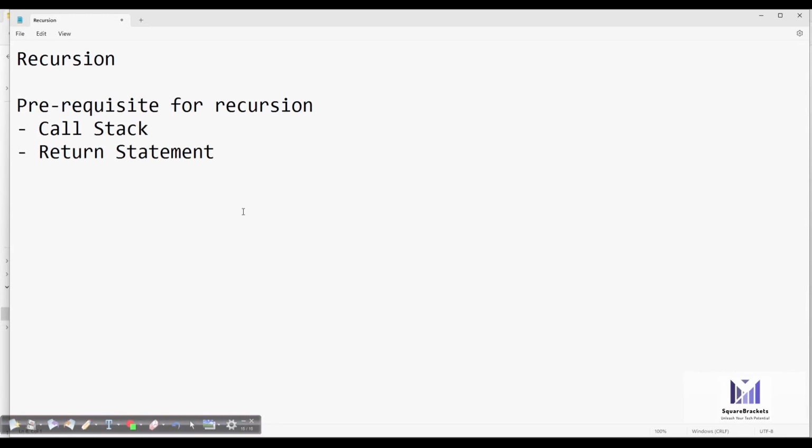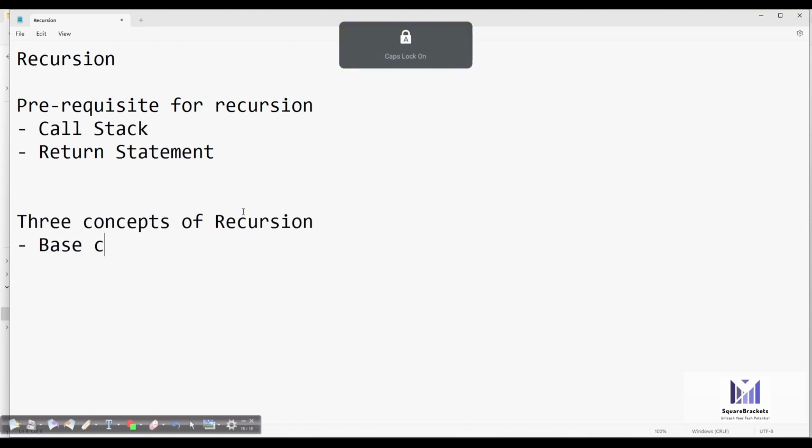So let's talk about recursion now. When we talk about a basic introduction to recursion, recursion is actually divided into three concepts. You need to understand three concepts of recursion. Whenever you are writing a recursive function, you need a base case, or we say terminating case.